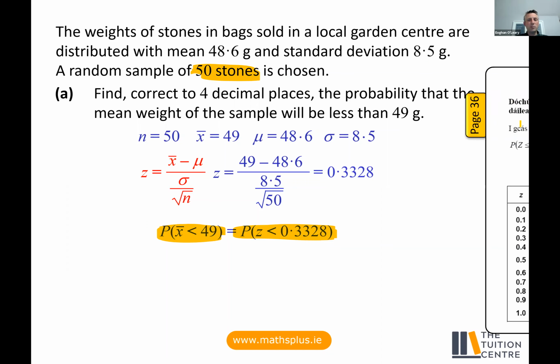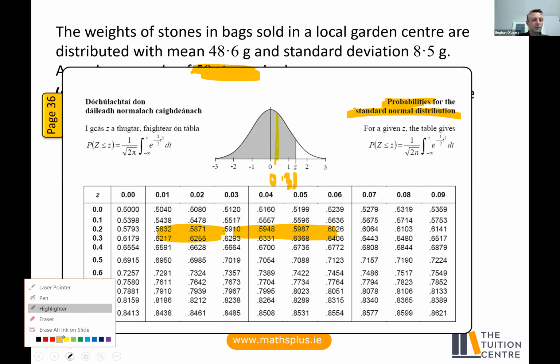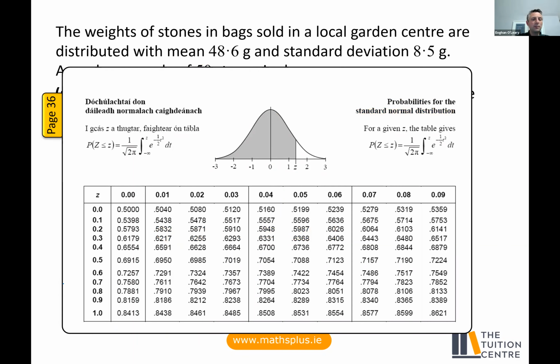Why do we do this? Why do we get this z-score? Because it corresponds to the standard normal distribution curve, and we can calculate the probability that a z-score would be less than 0.33. Well, we can calculate that by saying the following. Here's 0.33 just to the right of the mean. And what we're saying here is we can calculate the probability of a z-score being to the left of that, less than it, by looking up 0.33 here, and I get